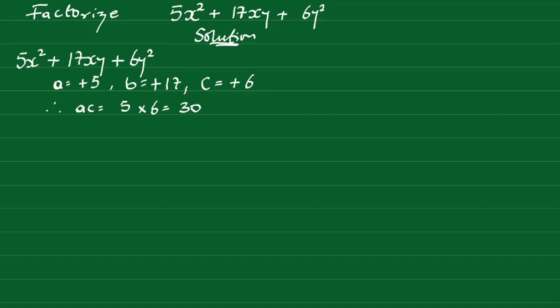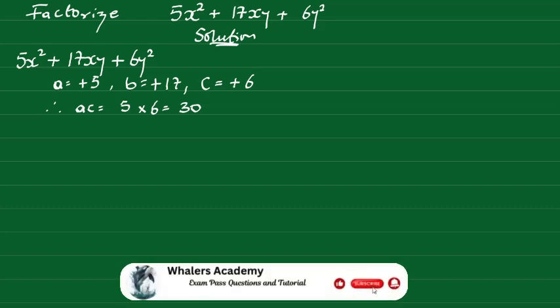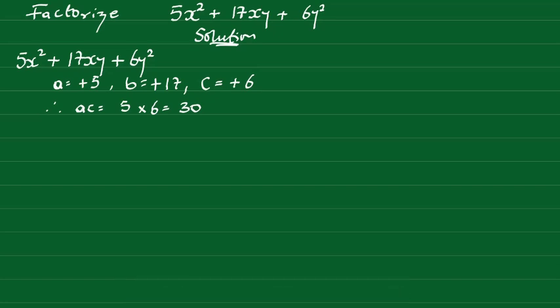Having gotten 30 as our value for AC, we look for the factors of 30 that will give us b, which is 17. They are +2 and +15, because 2 times 15 gives us 30, and 2 plus 15 gives us 17. Hence, we have it that